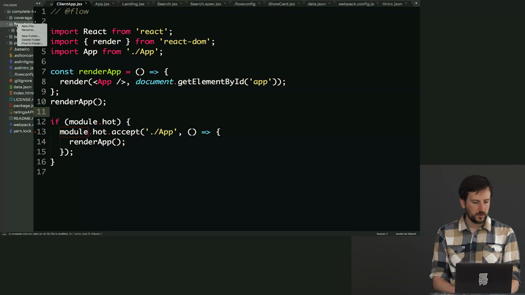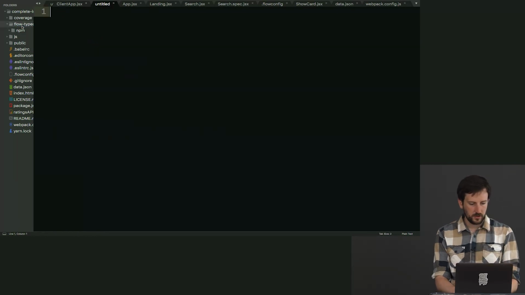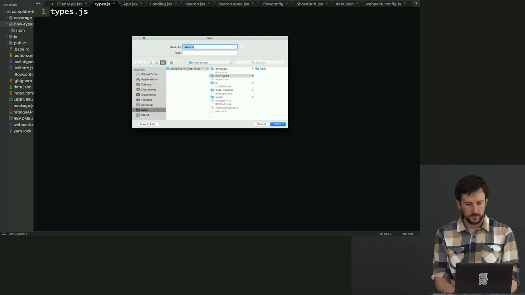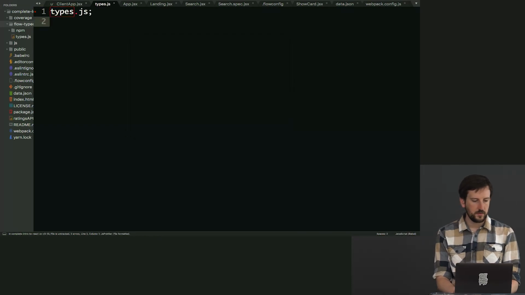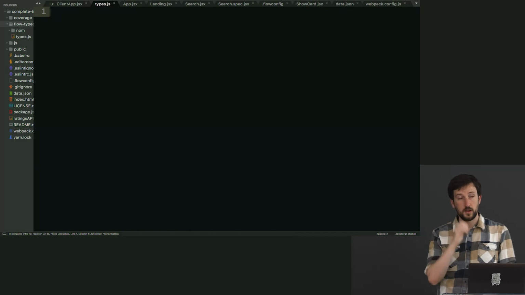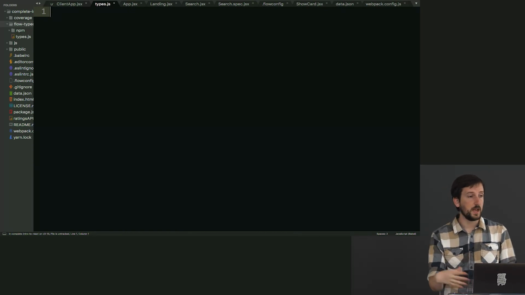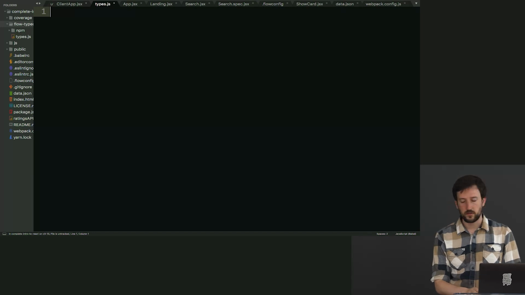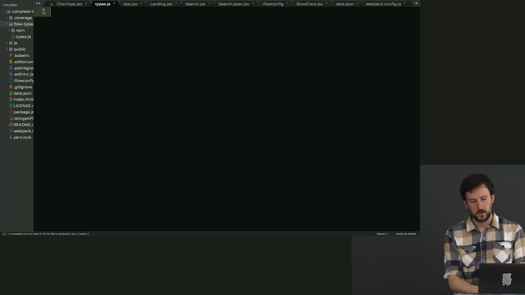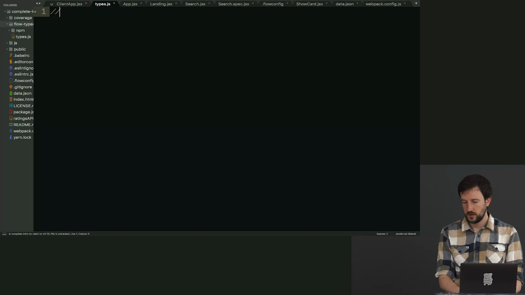So inside of the flow type directory, I create a new file called types.js. This is going to be a place where you create types that the rest of your project can use. So if you wanted to use module in multiple places, this is where you would do it. So we're going to do @flow up here. And there's a couple ways of doing this, but we're just going to say for now declare var module